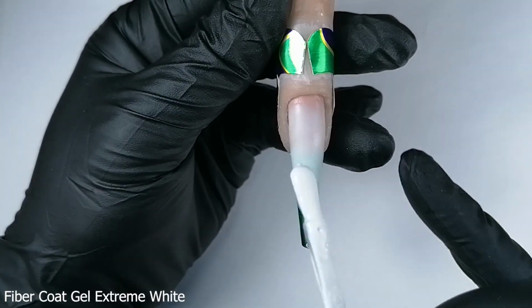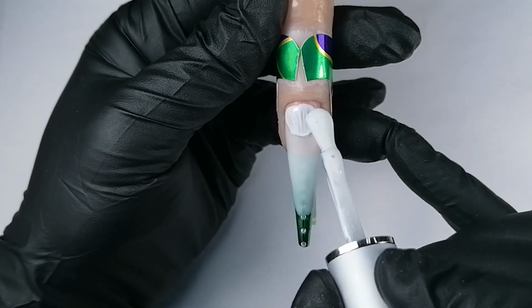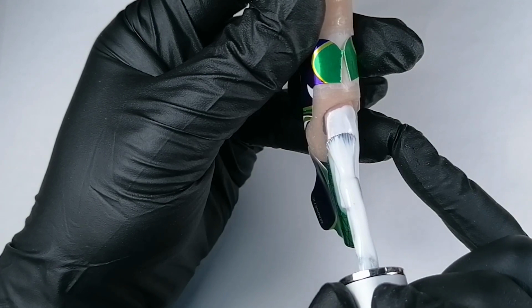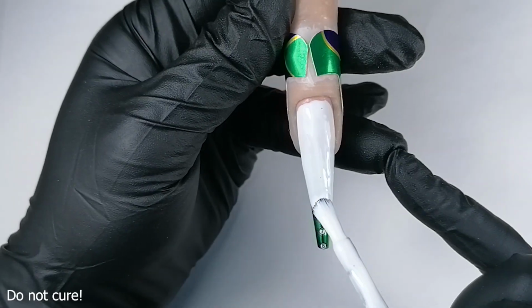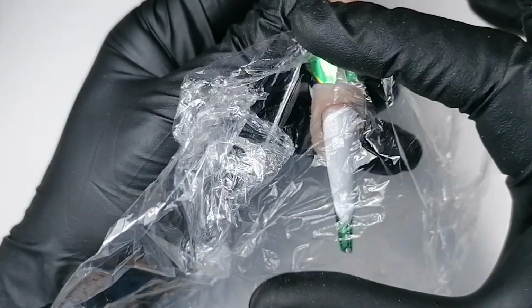Then with Fiber Coat Extreme White, I will apply a very thin layer of the product. You see that it's a very highly pigmented product, so apply it evenly. Be sure that it's not too much of the product. And don't cure it, because we are going to make a bit of magic, and this magic is a very simple